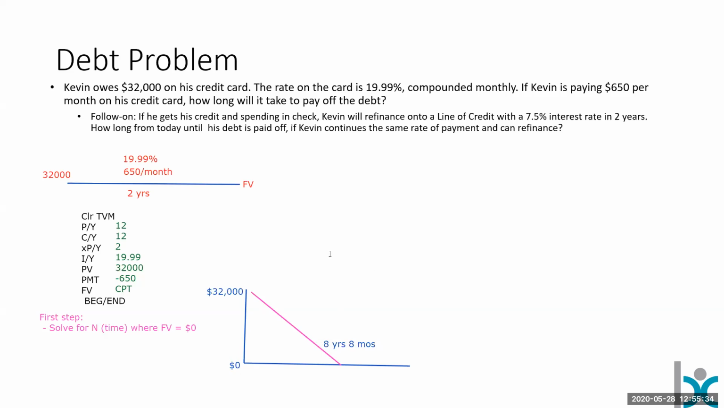Here's where this gets to be a challenge. And here's where you can really go badly wrong with a financial calculator question concerning debt if you don't position yourself properly before you start. Your financial calculator doesn't know that this is a credit card. Your financial calculator just knows that is a 19.99% interest rate and $650 per month. So if I run this thing where I continue paying $650 a month after that 8 years and 8 months,